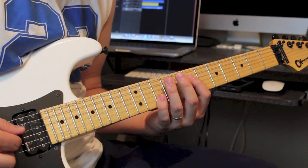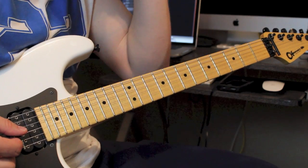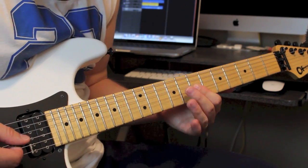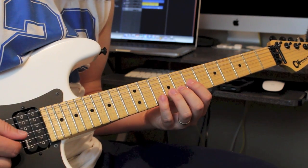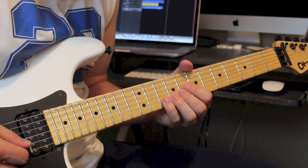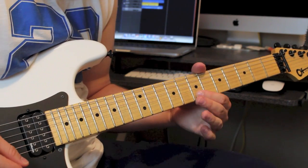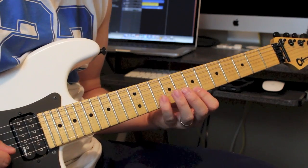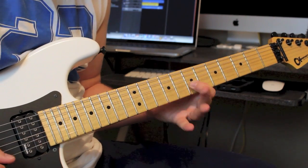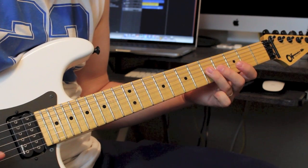Now next we have this one, which is again kind of outlining a G chord. We are adding a couple extra notes. Just keep adding that A note in there if you notice. I'm going to go to 7 on the G, to 8 on the B, 10, there's our A note, and then 10 on the B, and then 7 on the high E string, which is our B note. Okay, so we have